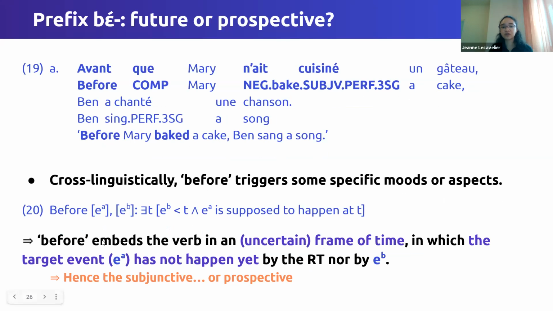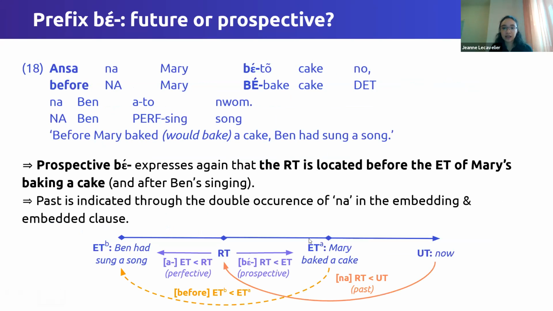So before embeds the verb in an uncertain frame of time, uncertain regarding the event B, of course, in which the target event has not happened yet by the reference time nor the event B, which then explains the subjunctive or the prospective. Because here in that sentence, you get that the prospective bay plus high tone expresses that the reference time is located before the event time of Mary's baking a cake. Actually, you get a lot of things in that sentence. This is super interesting because the